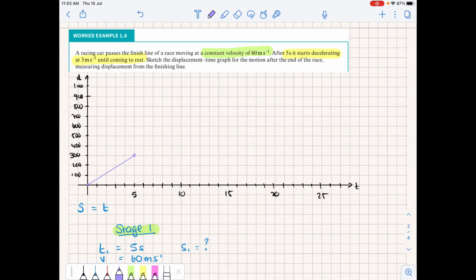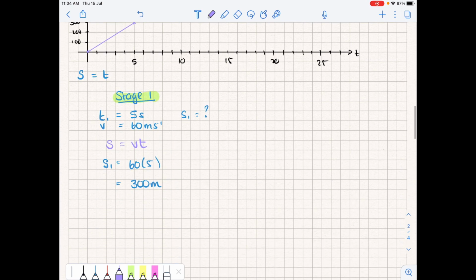Now this is a graph and all graphs come with an equation. So we need some equation that if I place in any time value for the first 5 seconds, it will give me the displacement. This is just a straight line that goes to the origin. We can just use our displacement time, because we know the velocity, it's constant. So the velocity is just going to be 60. So my function, displacement, this is the main displacement, is equal to 60